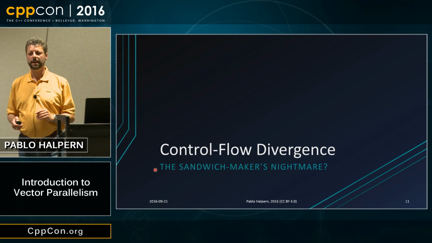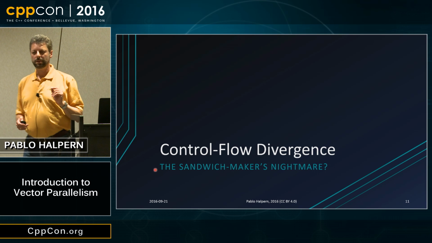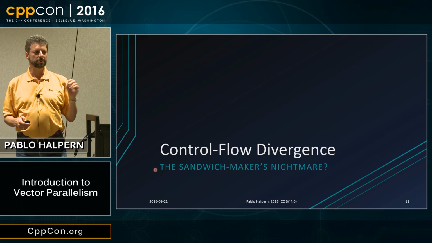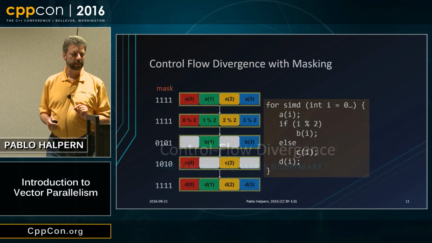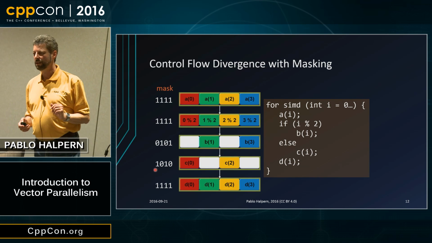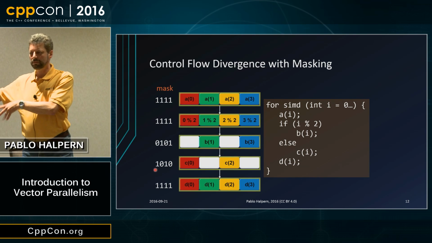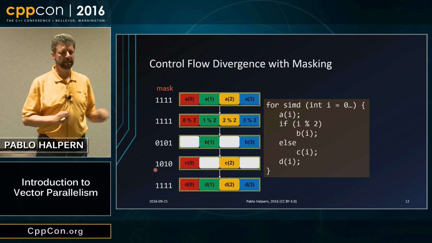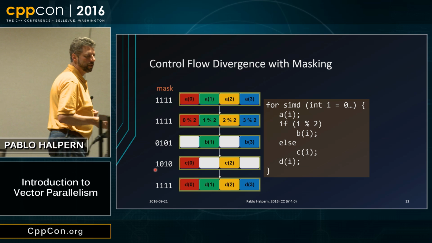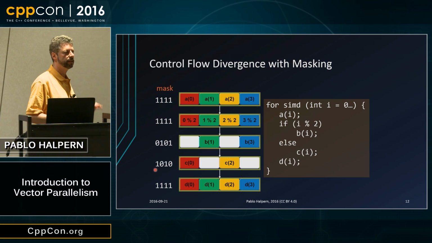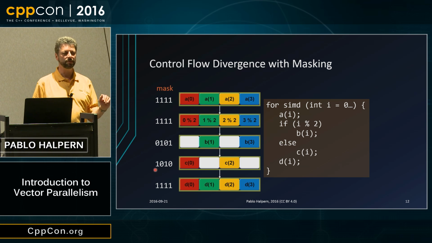So because they have to be in lockstep, that causes a problem called control flow divergence, which is not necessarily a problem, but it is for SIMD. What happens is if you have an if statement, and some of the lanes want to follow down one path, and some of the lanes want to follow down the other path. If they're in lockstep, how does that work? Well, ideally, we have a masked execution, and I say ideally because there's ways in which you can get around it for older architectures,